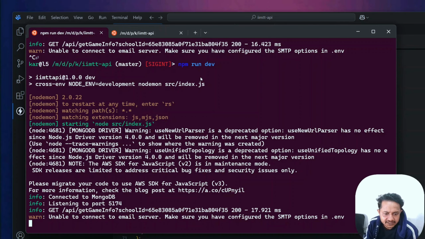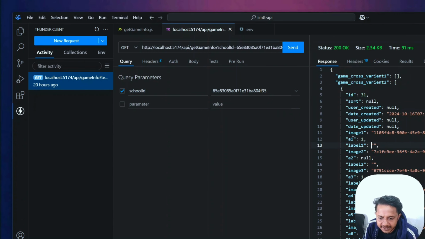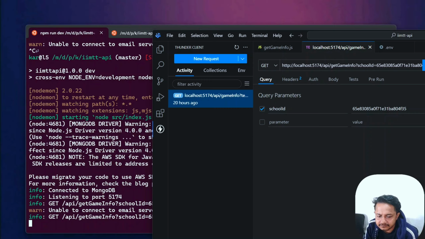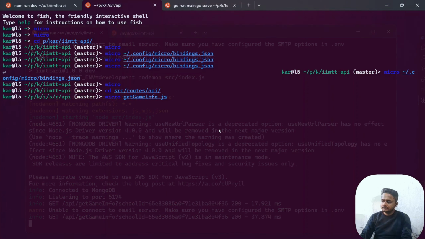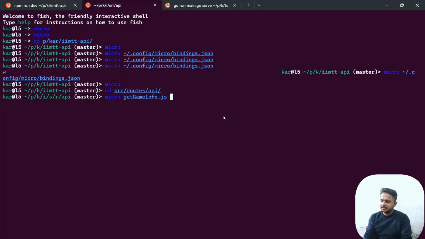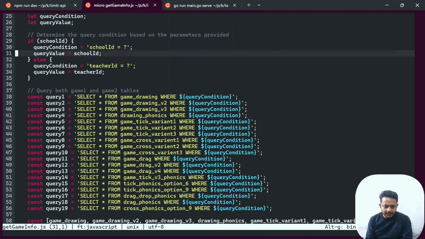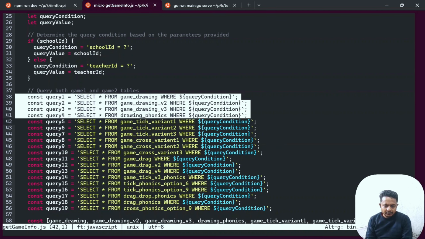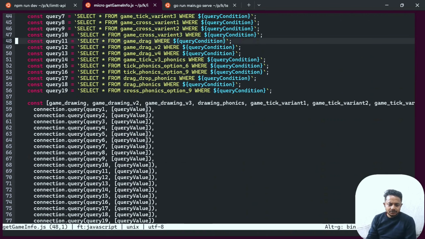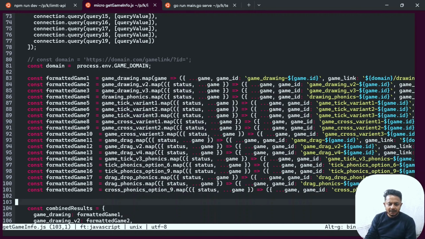As you see, this project is running and all those API responses are also there. I have done the customization as per my requirement. As we see, I have added all those tables as mentioned here. So all the data is getting collected from all those tables, and there are some data modifications happening over here using the map. So I am removing the status and mapping through all that data.